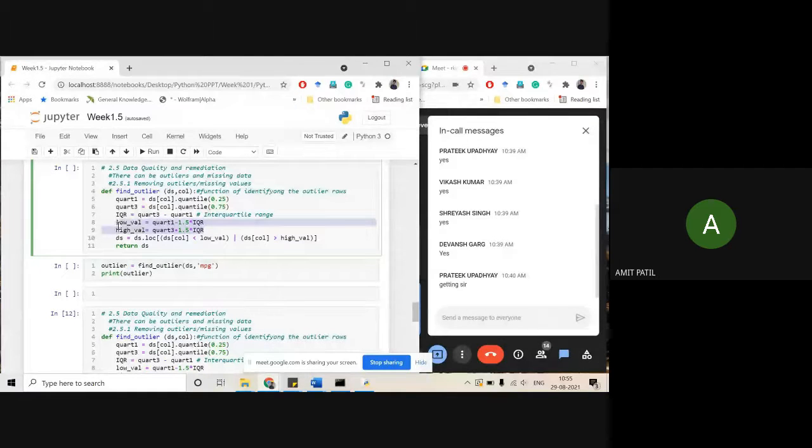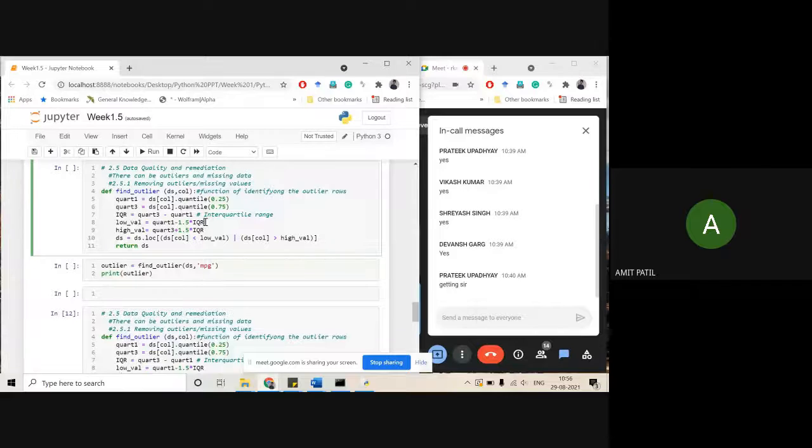So this will give you a high value, that is a high threshold. For outliers, we need to eliminate the values, right? So how will we eliminate the outliers? We put the condition that whatever values are below 1.5 IQR from the first quartile, and whatever values are beyond 1.5 IQR above the third quartile.